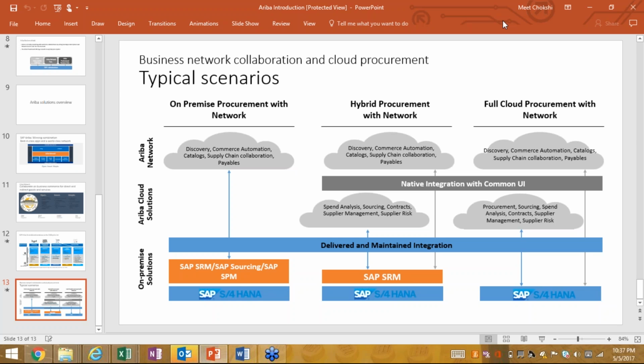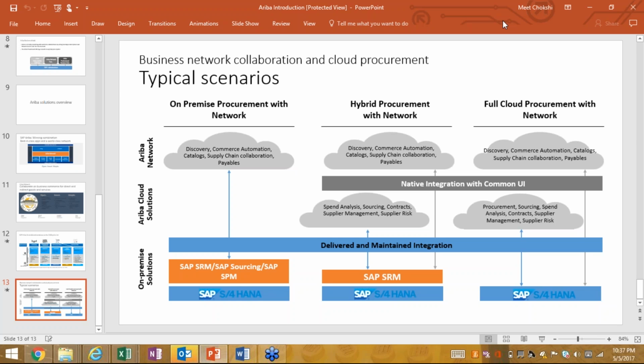You mean to say sourcing will be done at the ECC side? Not sourcing. You have to understand the difference between sourcing, procurement, and category management, right? Sourcing is never done in SAP. Sourcing and category management are all in Ariba, and all transactional-level procurement, like day-to-day transactions, creating a PR or a PO, happens in ECC.